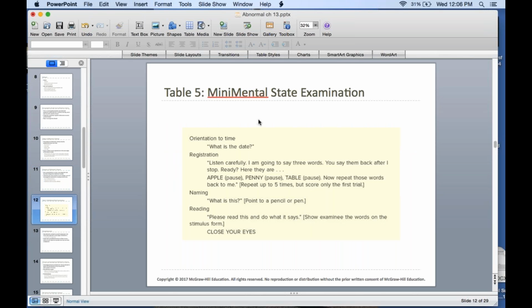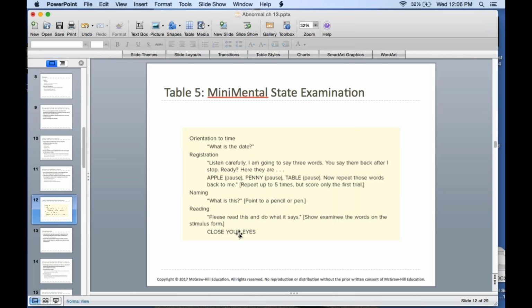Some of the things in the mini mental state exam are, I'll say, do you know what month this is? Do you know who the president was a couple years ago? I'm going to say 3 words, and then I want you to say them after me. Those words are apple, table, penny. Now you say them. And then I'd like you to try to remember those words because I'm going to ask you again in a few minutes. I hold up a pen and say, what is this? And they need to have word finding, so they need to be able to say pen.